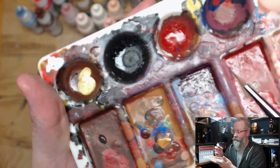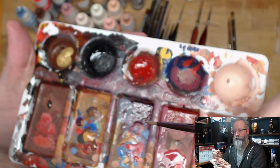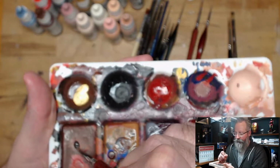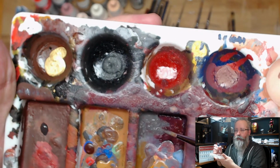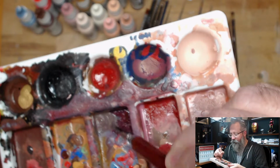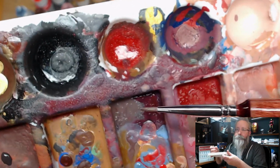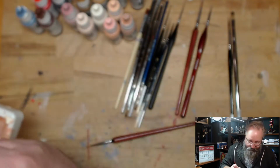So I'll take a little bit of the umber colour. I'm going to mix it in with that blue-grey. Sort of makes it a bit more grey, but going to make it darker, like that. I might actually chuck a little bit. Where's the brown that I used? I'm going to take a little bit of the mahogany brown that I was using before, mix that in, just to warm it up a little bit. Just that stuff there. Thin it right down again,